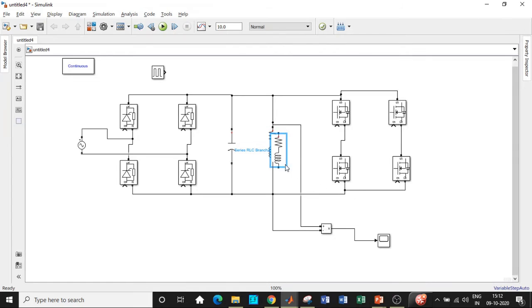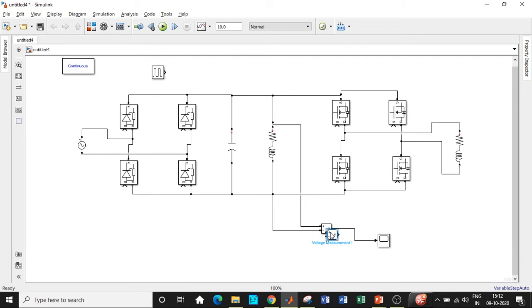Consequently, we will be requiring another series RLC branch. So I'll be connecting an RL load again. You can try it for different loads. As I mentioned, it should be connected between these 2 points. I've made separate videos on how to simulate an inverter and how to simulate a rectifier. You can watch those with respect to the exact design procedure and design your own circuit.